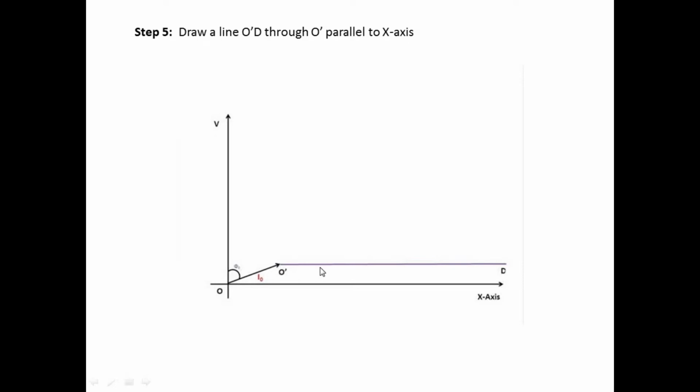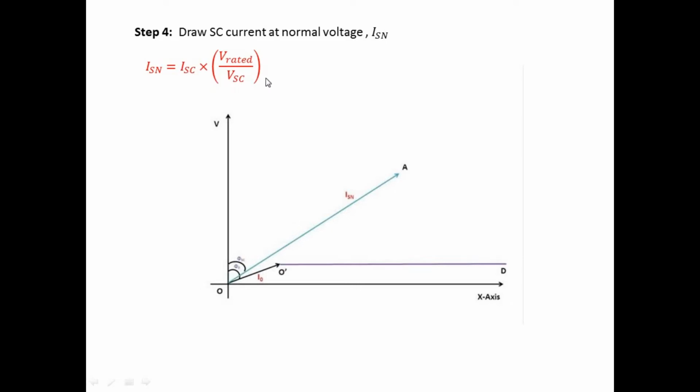And next we have to draw ISN, the short circuit current corresponding to normal voltage. From the block rotor test we are getting ISC, that is the short circuit current with reduced voltage VSC. We are getting ISC and VSC from the block rotor test, and by this equation we will get ISN. This is the rated voltage V. All are phase values. The length OA will be equal to ISN by current scale, and the angle phi SC can be calculated from this equation. WSC, VSC, ISC can be obtained from the block rotor test.